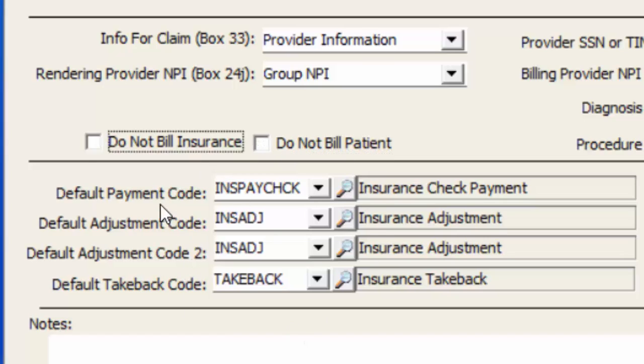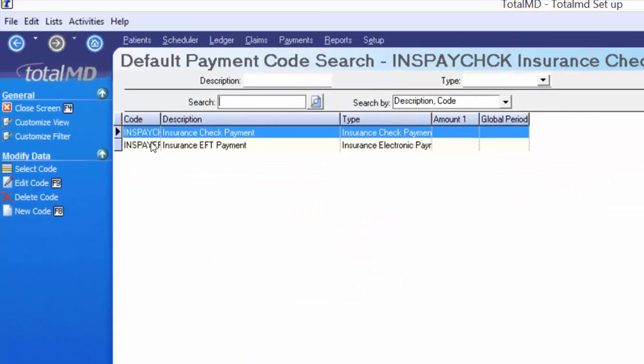We do have a space here for default payment codes whenever you're posting payments that have come through based on this insurance plan. So for example, generically we have insurance check payment as a payment code. Let's say you want Blue Cross to have its own designated heading for the insurance check payments you receive from them. What I would do is click the magnifying glass to go to my master list of codes, click new